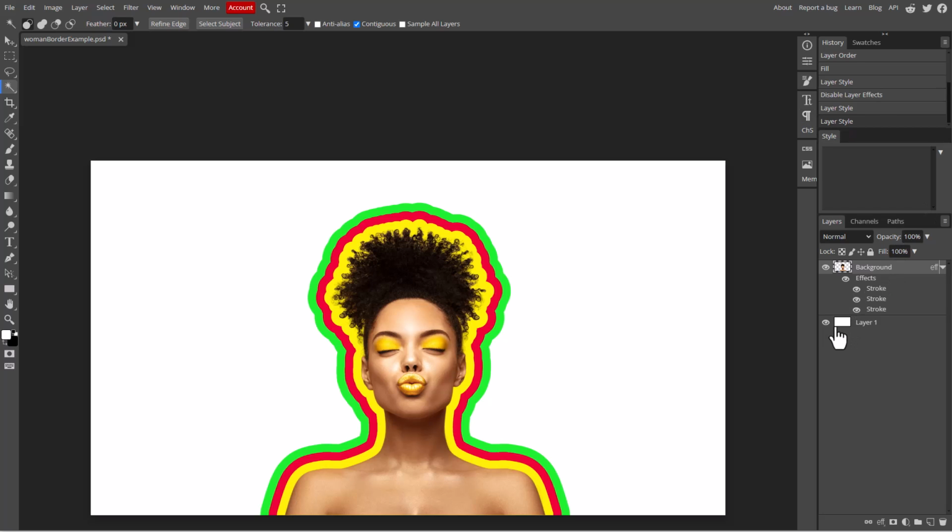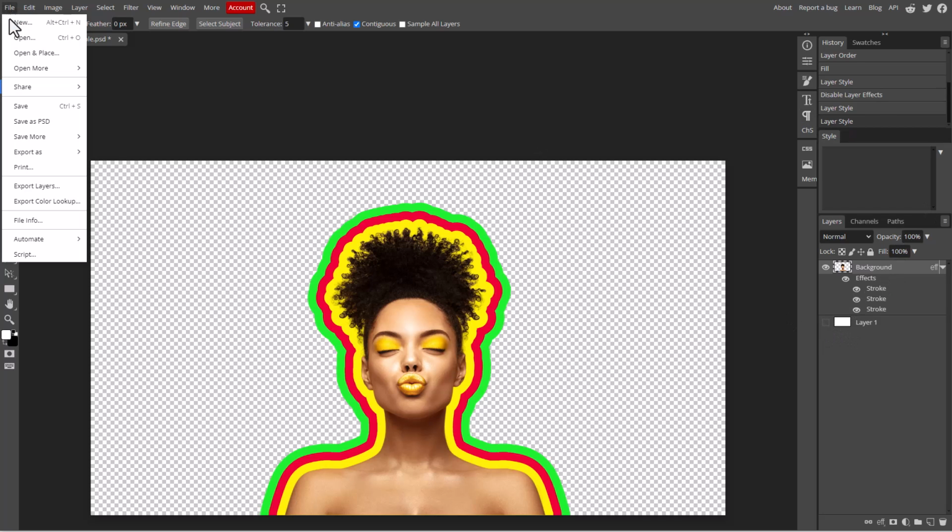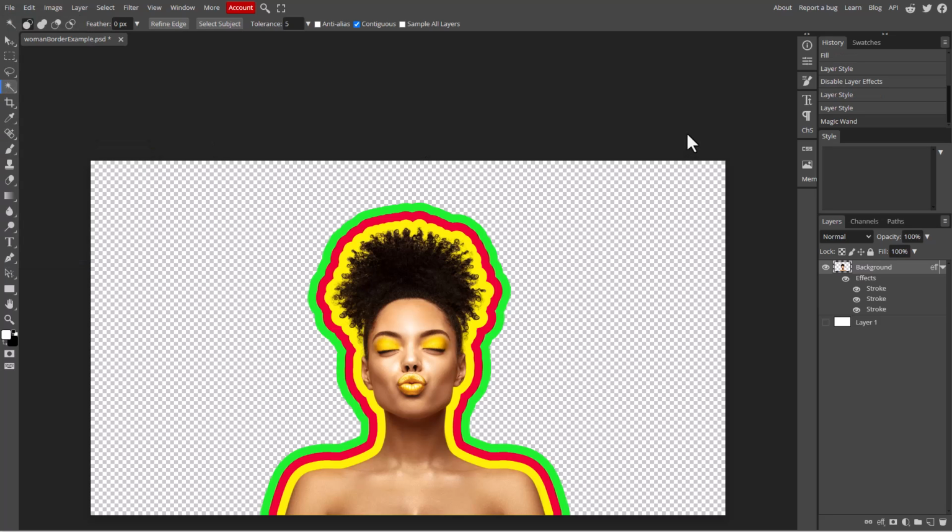So in other words, I could turn this off. I could come to the menu here. I could do File, Export As, and then PNG, use this option here. And I could take it back into Canva, and I could have that. And that would be great if this is the look I wanted and I was only going to use it on one project. But if I was doing this with a frame, or if I just wanted the flexibility of being able to change my colors later, then instead of doing it this way,